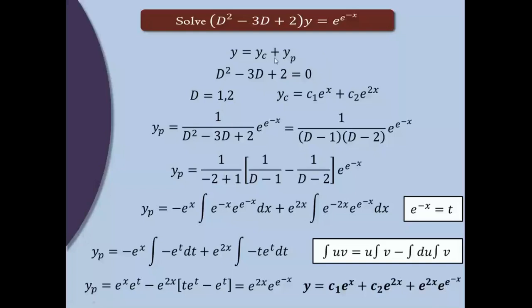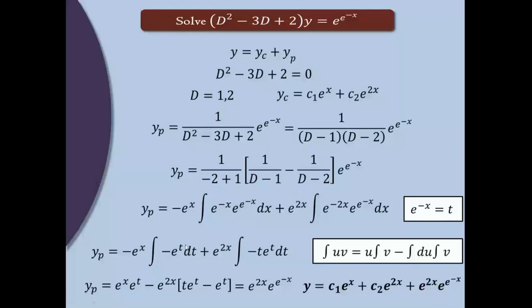For finding yc, take the auxiliary equation, equate it to 0, find the roots of it, check the nature, whether they are real distinct, real repeated, imaginary distinct, imaginary repeated. Depending on that, we get the yc part. For finding yp, take all this term to other side, find the factors of it, separate it by using partial fractions, apply it separately on each term. After that, use the standard formula of 1 upon d minus m or 1 upon d plus n, whichever term is there, and solve the integration. And that gives us the solution of it.